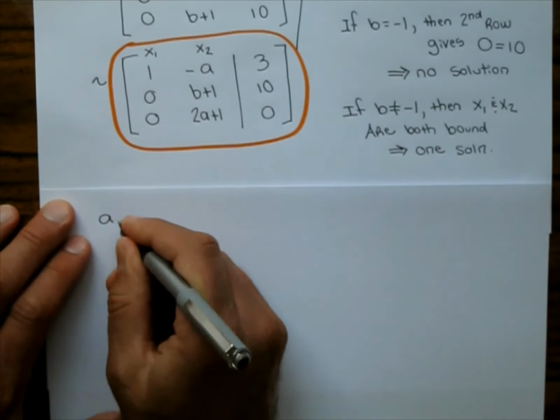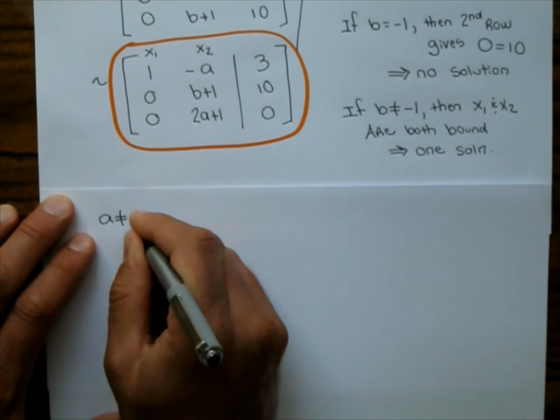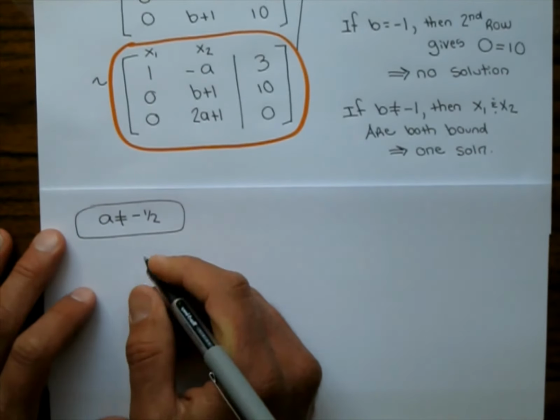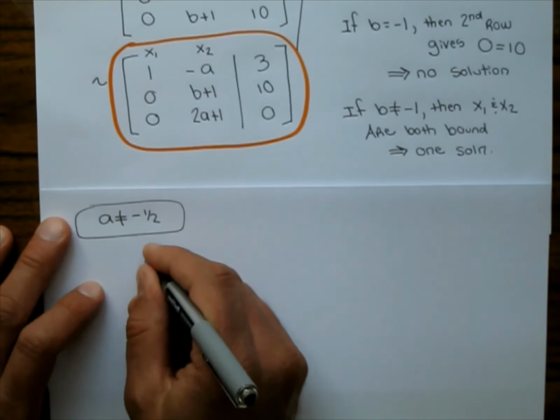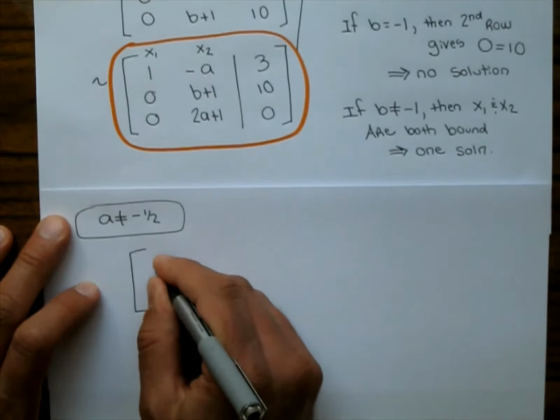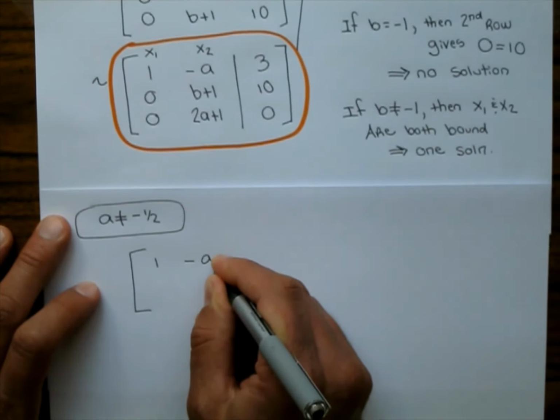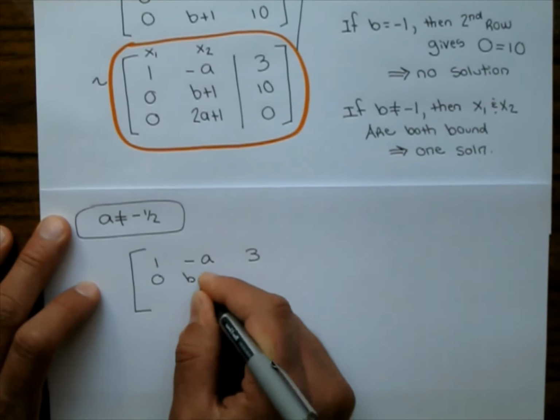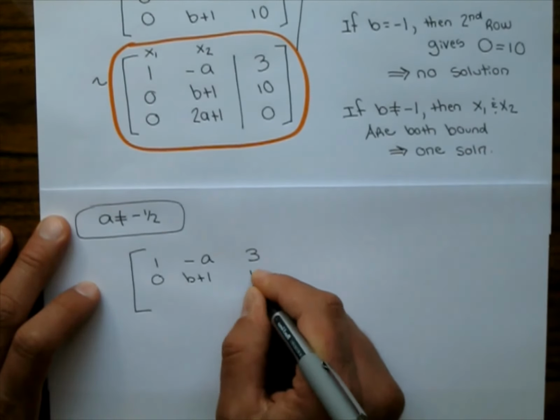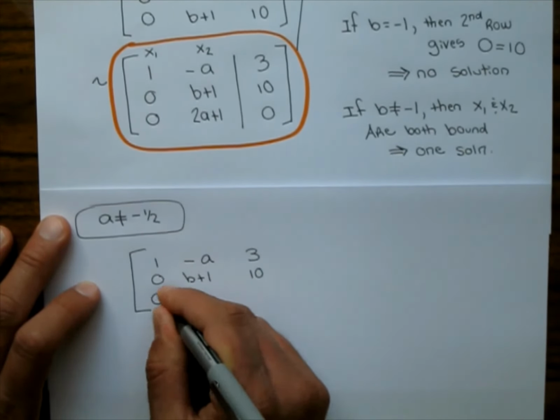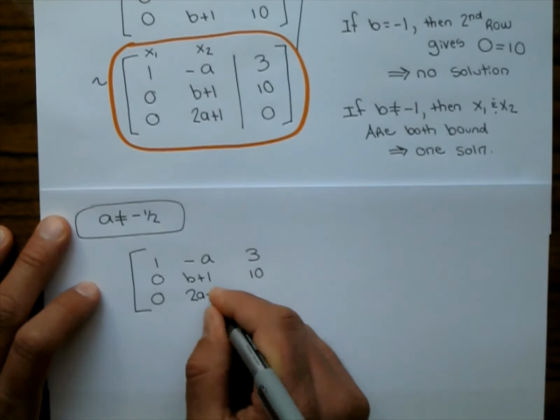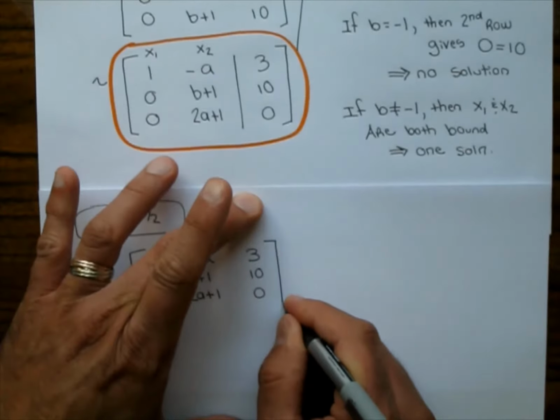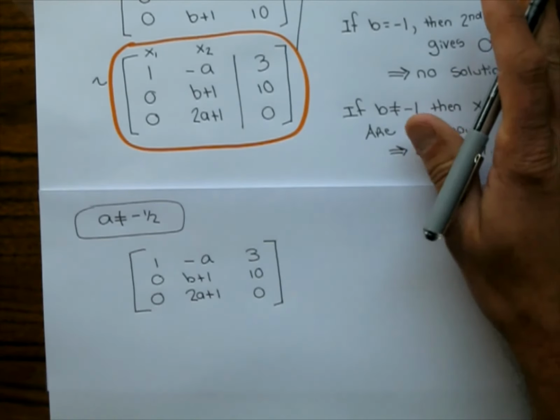So a does not equal negative 1/2. You end up getting just this matrix here. I'm just going to write it down again: 1, negative a, 3, 0, b plus 1, 10, 0, 2a plus 1, 0. Okay, so if that happens,